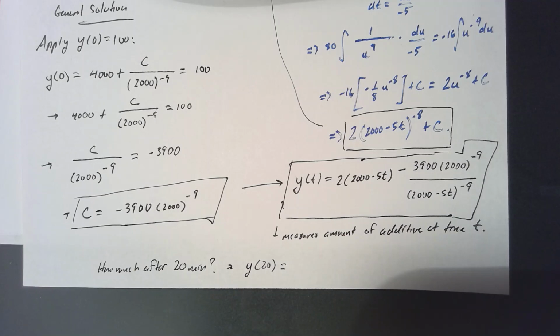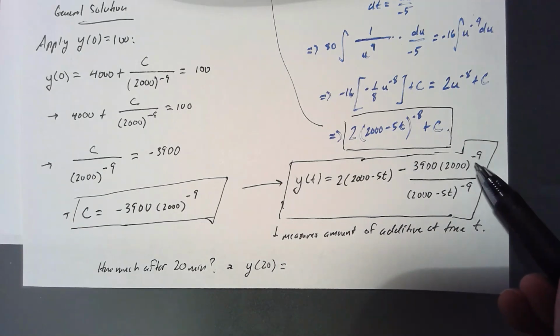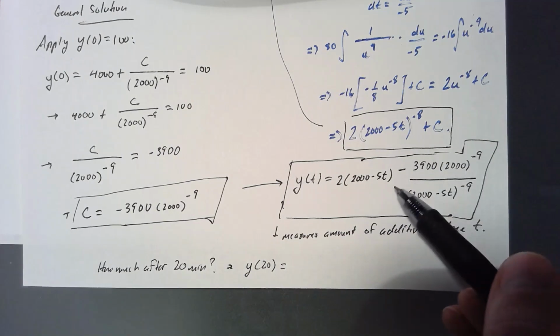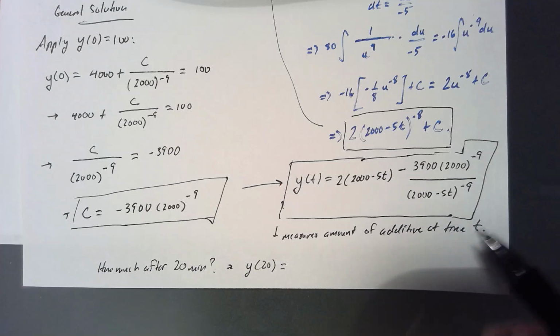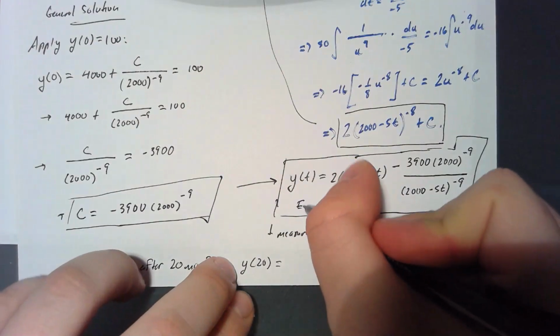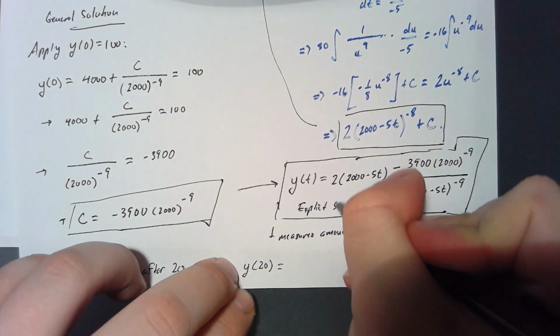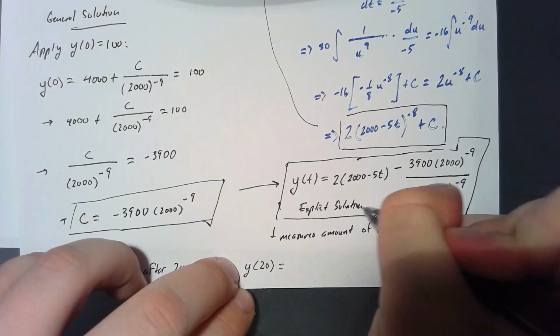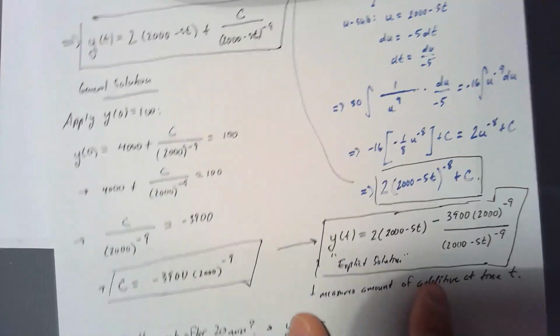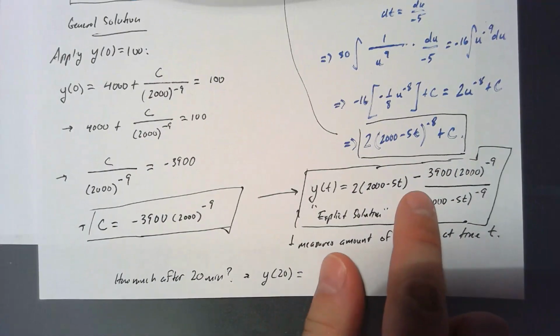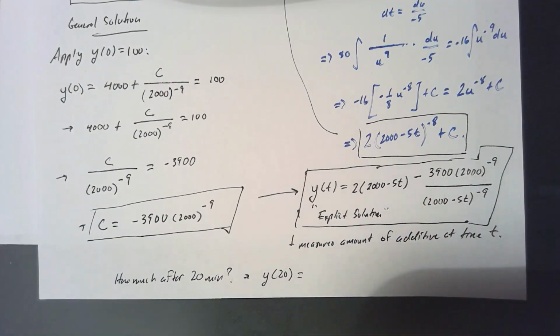So when you do that, again, let me just make a comment on here. If you want to make these exponents positive, you could do that. Just bring this down here and then bring this up. You don't have to, but that right there is the explicit solution. This is the general solution, this is the explicit solution. So if you plug that in here, if you go through it,